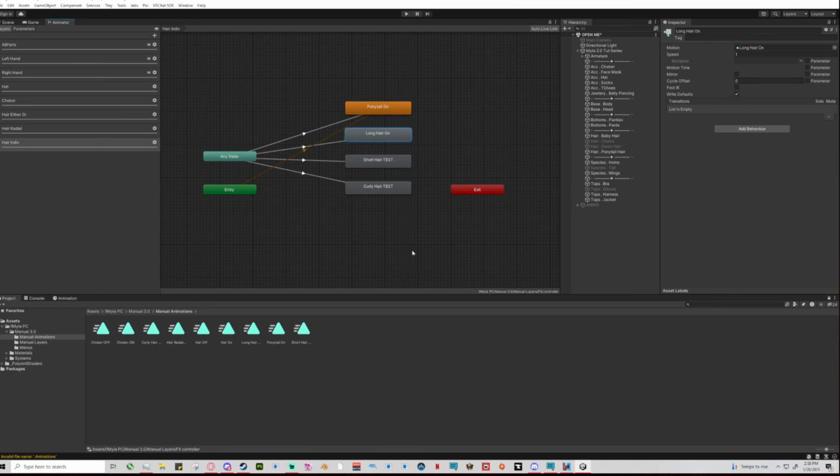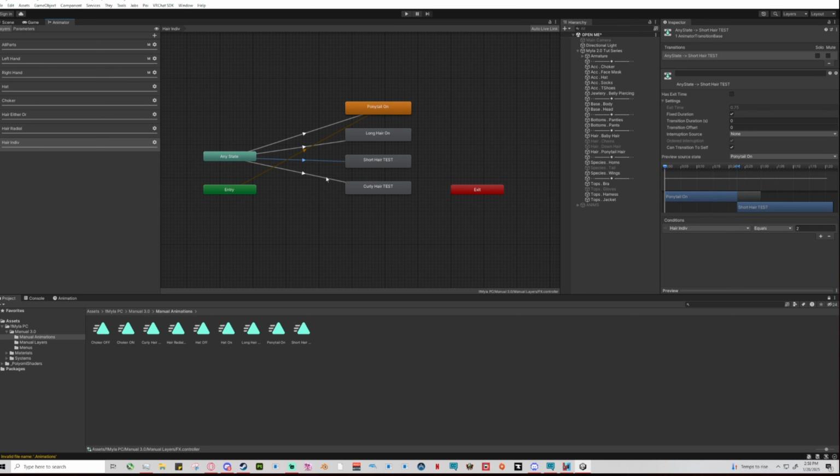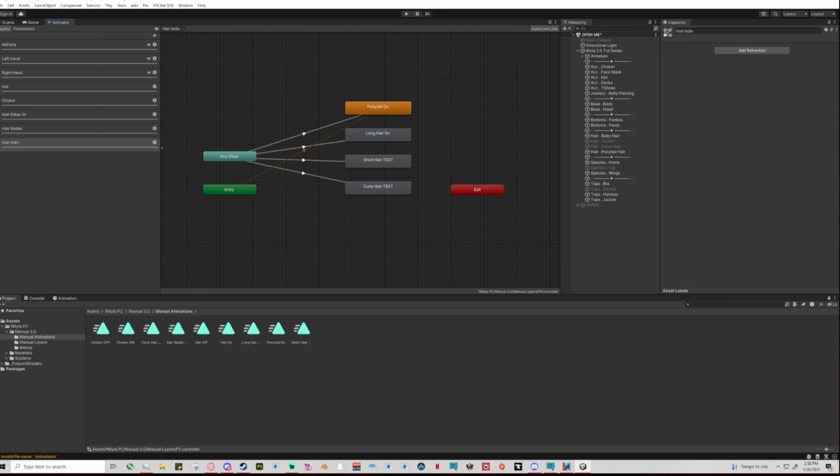And basically what we're going to do here in just a second is whenever we go to set up our menu, we're going to say that when this button is clicked, it's going to equal this number, and that number is going to correspond to one of these hairs, right? Because we have this one is 1, short hair is 2, and curly is 3. So that is how you would set up if you didn't want it as a radial between multiple different assets and you wanted them to show up as individual toggles,